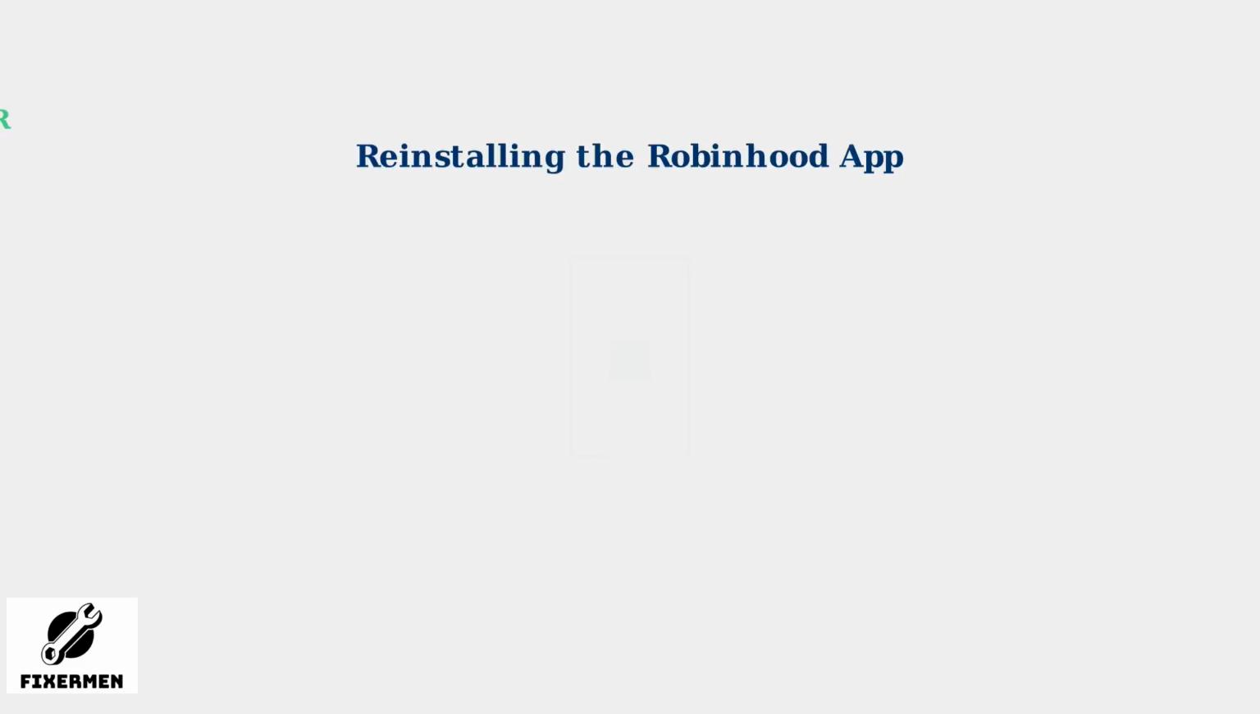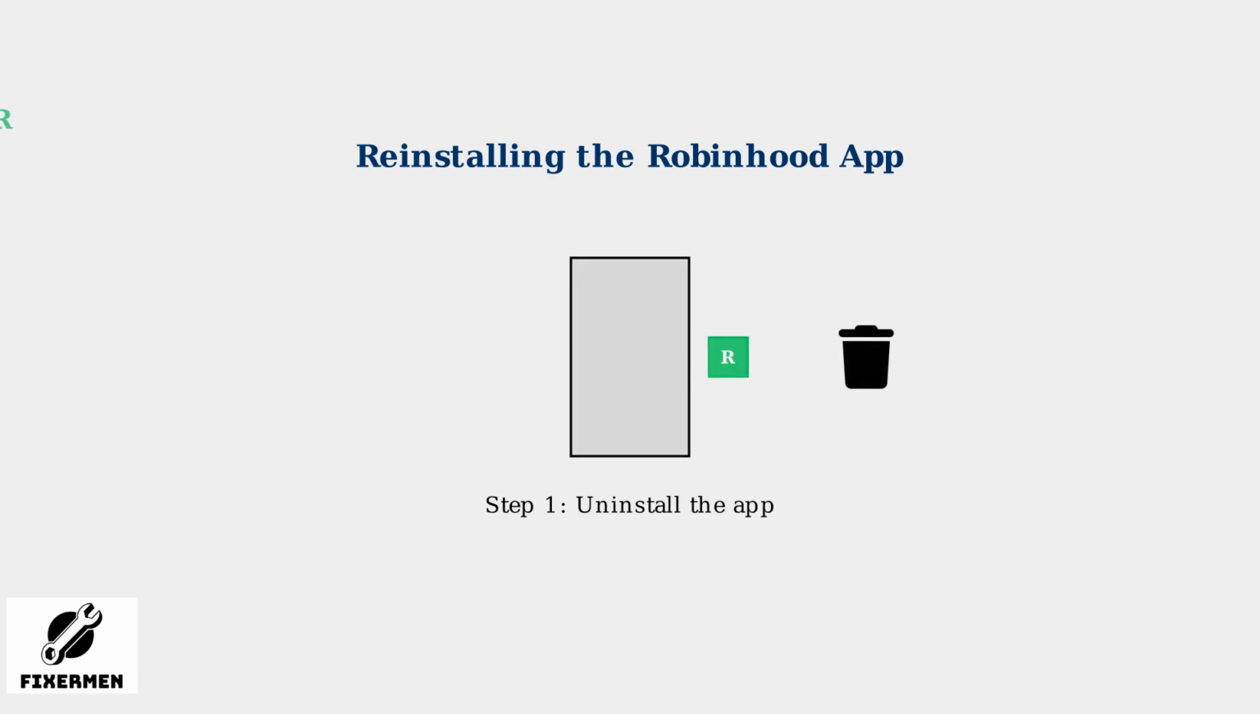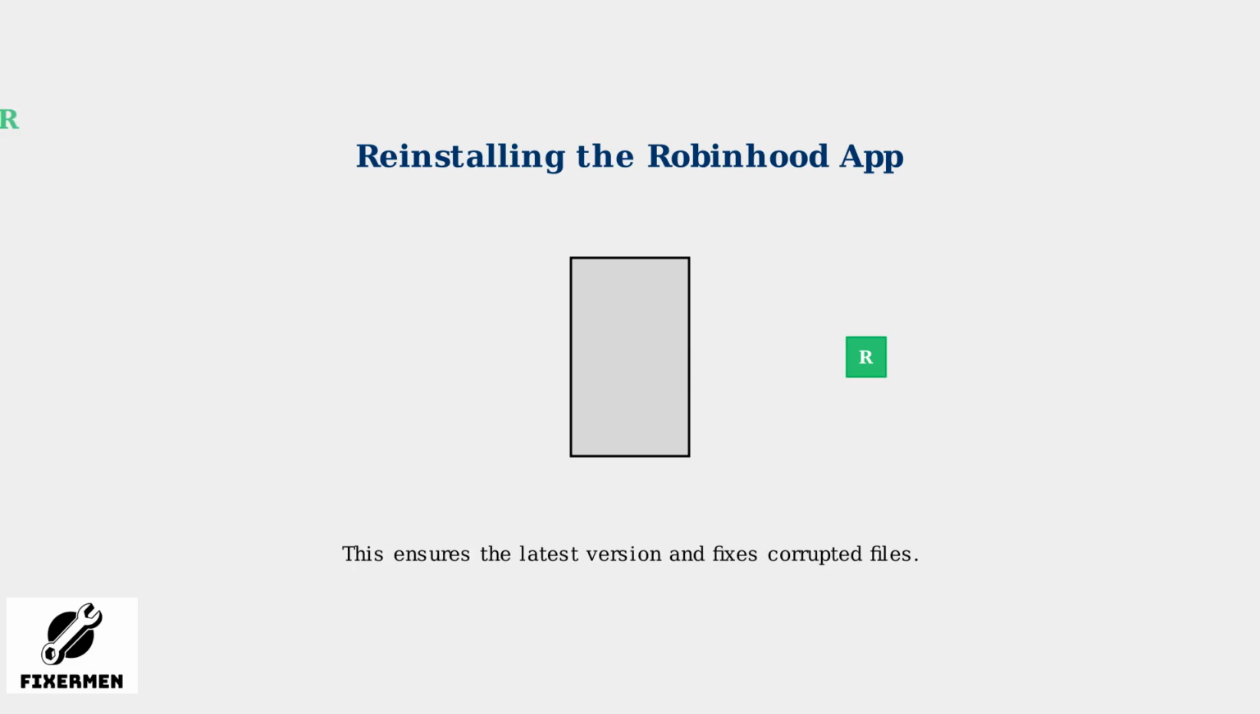If clearing the cache doesn't resolve the issue, try uninstalling and reinstalling the Robinhood app from the App Store. This process ensures you get the most recent version of the app and can resolve any corrupted installation files that might be causing the error. To resolve Error 401 unauthorized,